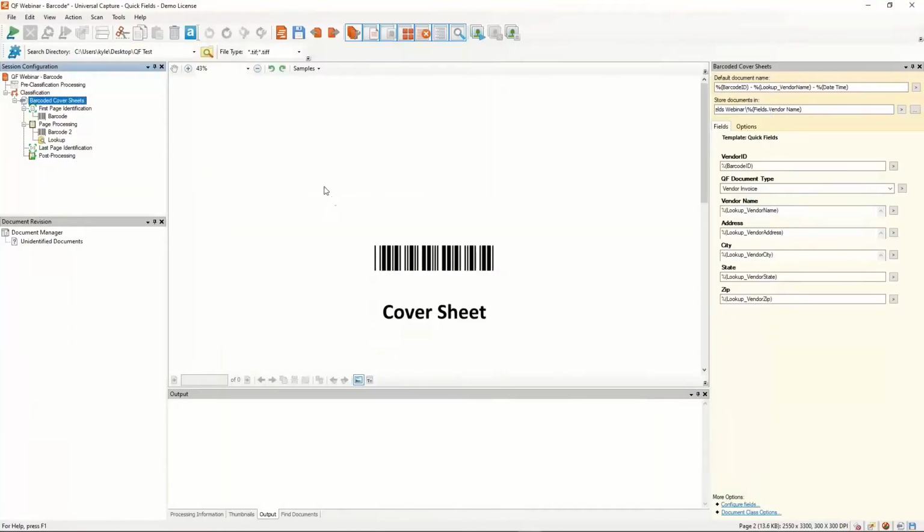So that's the setup. With the Quick Fields session in place and ready to go, I'm using Quick Fields' ability to pull from a file system, and I'm just pulling from a folder called QF test. Within that folder, it has a batch file, a TIFF image, and it has 3 documents. And in that batch file, each document has a unique ID. And what I have set up is a